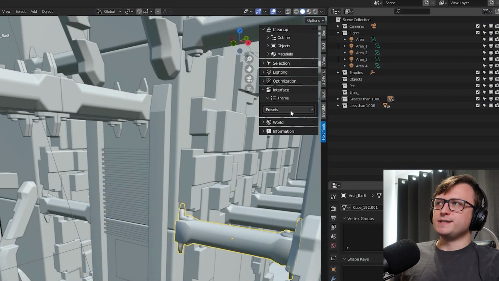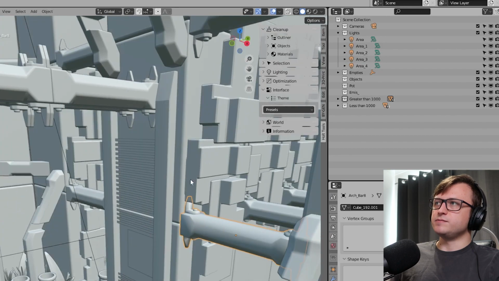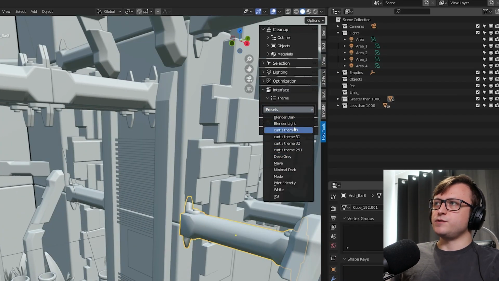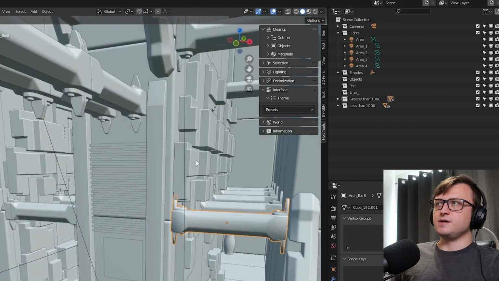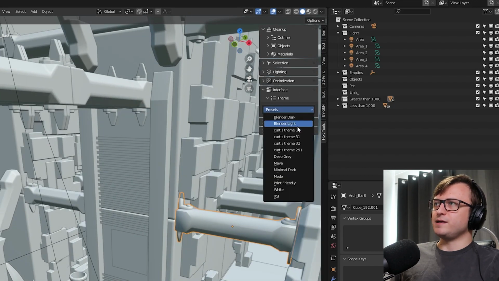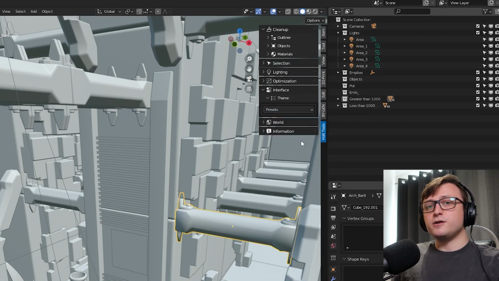So I've now moved the presets down into this panel, so you can choose the different themes and change them easily. So for example, we have the Blender Light, then Blender's Dark, which is still a bit too bright for my liking, and then I have my Blender theme, which you can pick up from my Curtis's defaults file